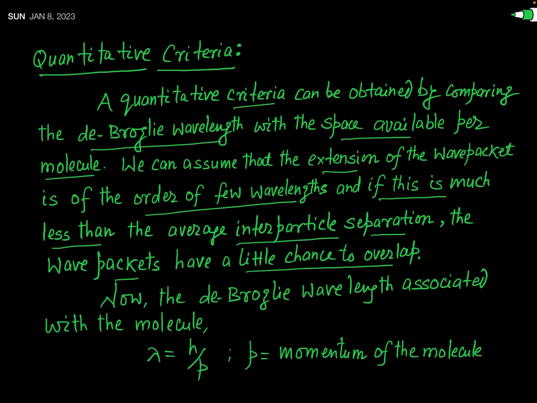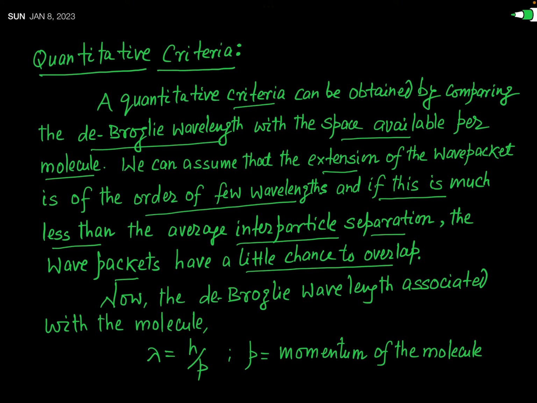Never think that a dilute gas is purely classical. It can be a quantum system, but only when the temperature is small and the interatomic separation is small. Now we will see this condition